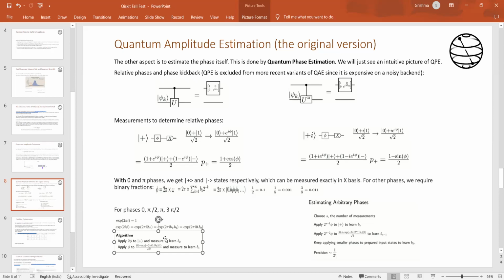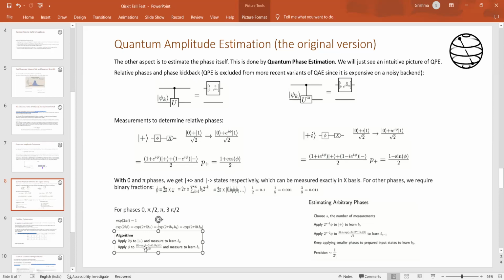So essentially, you have a phase, you want to convert that into a binary fraction, and your phases could be decimals. A binary fraction means a fraction in terms of only ones and zeros, and you have a nice standard algorithm to do that. When you actually do the measurements, you will get phases in terms of these decimals, B1s, B2s. You need these binary fractions because your qubits will be measured in terms of ones and zeros.